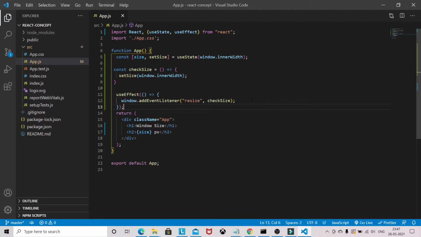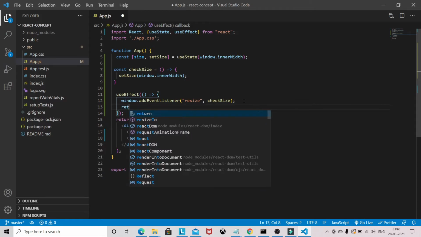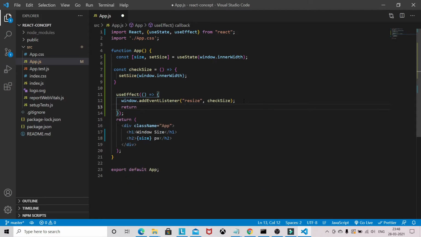So you can write a cleanup function that runs whenever the user stops resizing the window. It will basically remove this event listener. You can write this cleanup function inside the useEffect. That is also called componentWillUnmount in the case of a class based component. Since we are using a function based component, we will unsubscribe that event listener inside the useEffect. So let's see how we can do this. You can write a return.